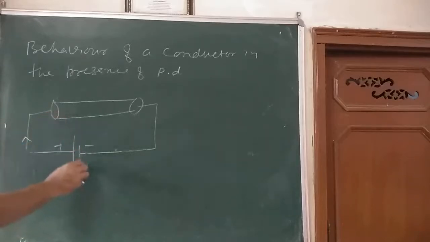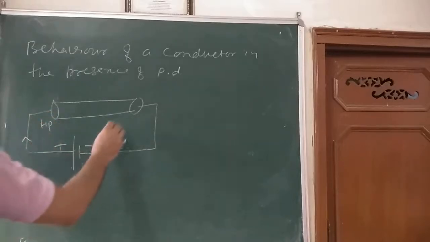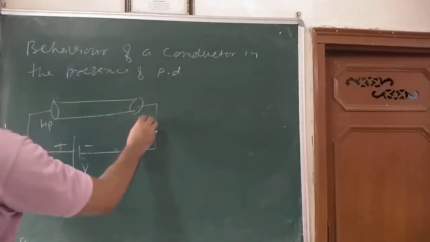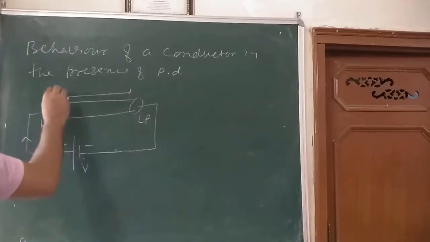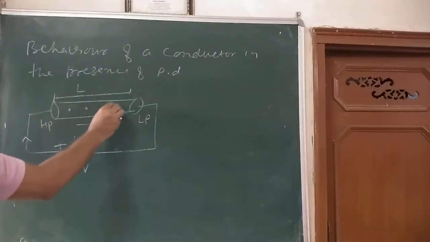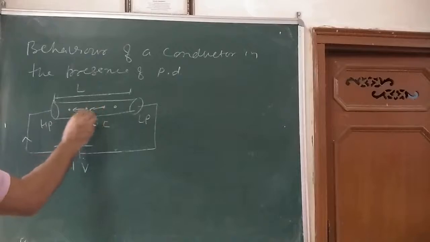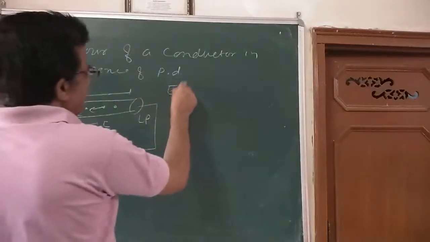The end which is connected to the positive electrode is called the higher potential point, and the end which is connected to the negative electrode is called the lower potential point. The length of the conductor here is L. The applied electric field is E. The electrons move in the direction of the positive side. The electric field inside the conductor,